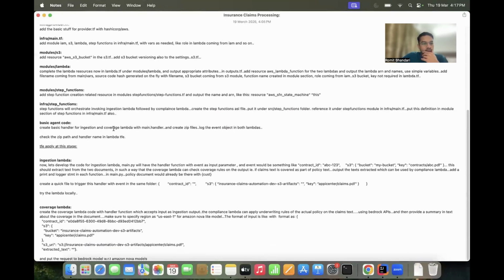this is the place we left off last time. We'll complete the step functions remaining part, so as we saw that it created the ASL related code in the step functions resource itself. With this particular prompt, we will ask it to create a separate ASL file, under another step functions folder, which would be outside the modules folder, and then we'll ask it to create basic code for the two agents, and we'll then try to do an apply,